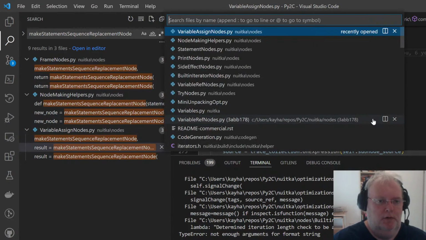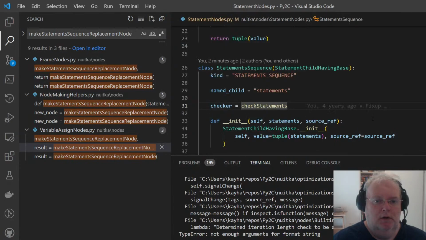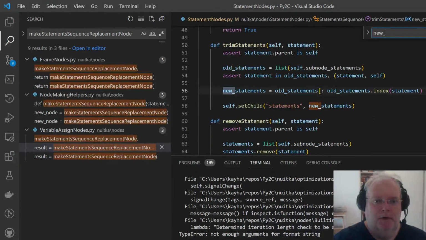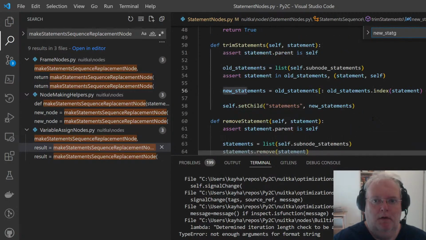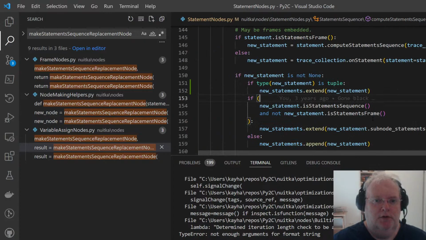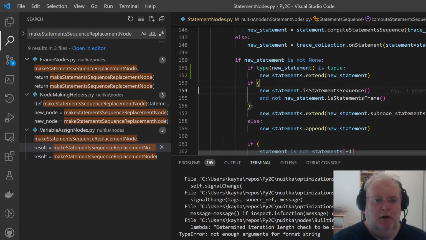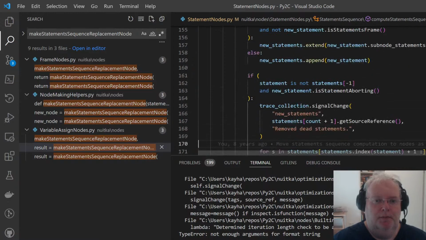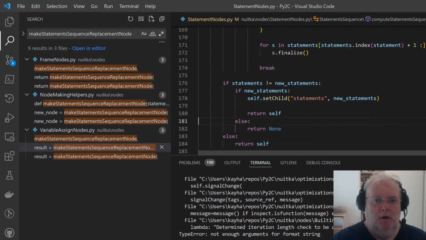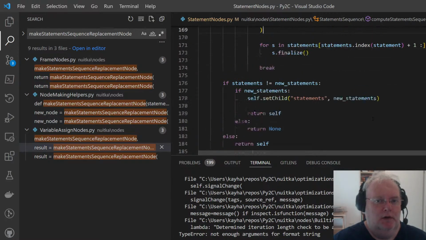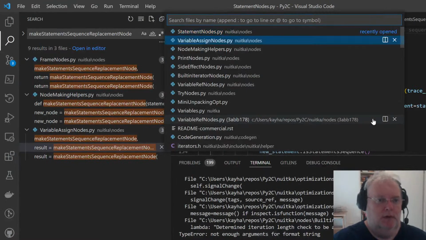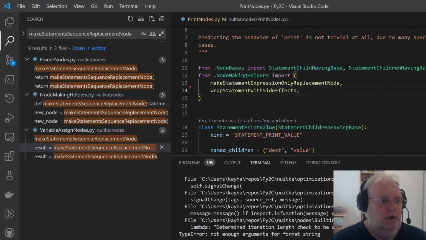But then I do go over new statements, and it doesn't seem to matter much that I don't have a proper parent. The old statements are finalized. And then I set child new statements. Yeah, and that's setting the child. So no, that's okay. Print nodes should work.